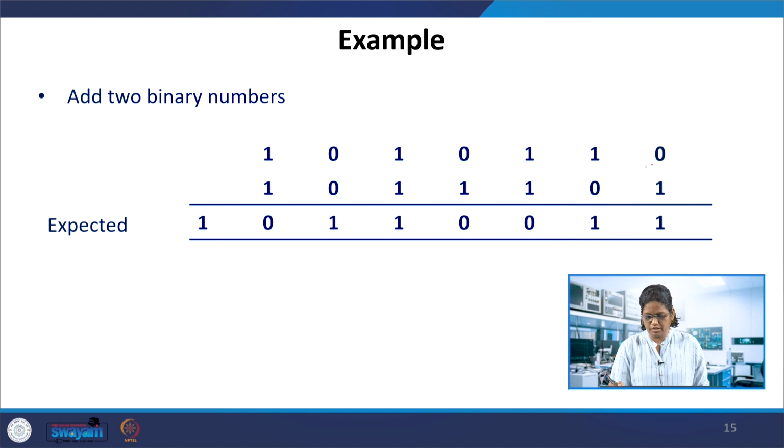So let's see then an example. So this is 0 1, adding them it is 1 1, and 0, there is a carry over here, so we have 0, and then there is 1 carry, 1 with this carry, the sum is 1. This is the addition of these two numbers expected. The final one should have 1.